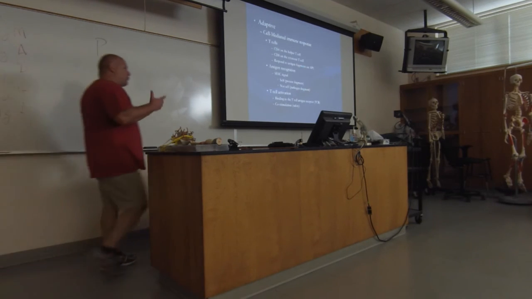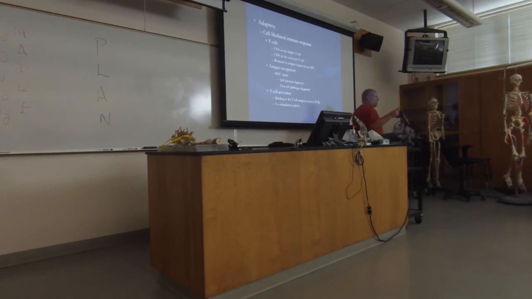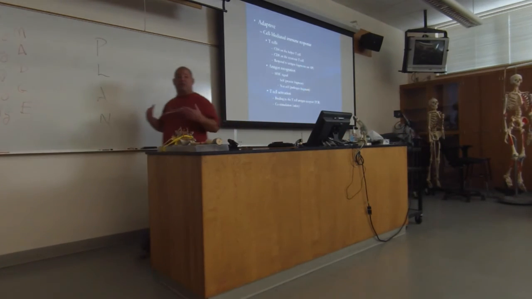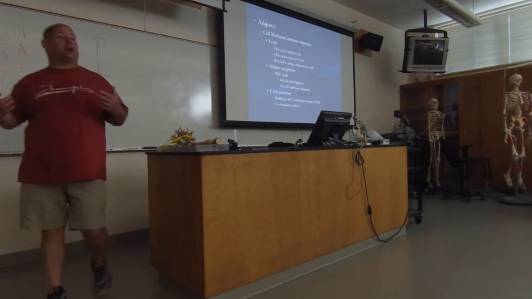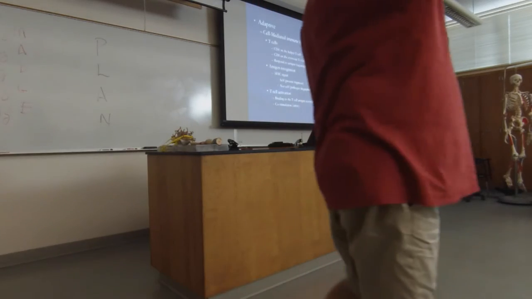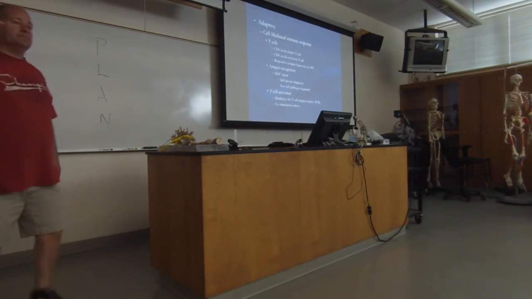The other two, one of them you already know, which are natural killer cells. But they're part of the innate system. And the last one are memory T cells, sorry. So the three that I really want you to know from this standpoint, because you already know what natural killer cells are since we already talked about them in the innate system, are helper T cells, cytotoxic T cells, and suppressor T cells.